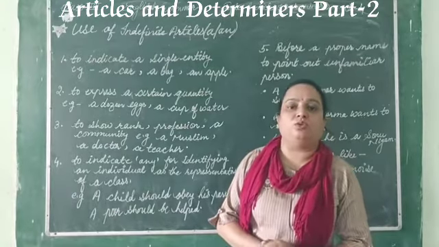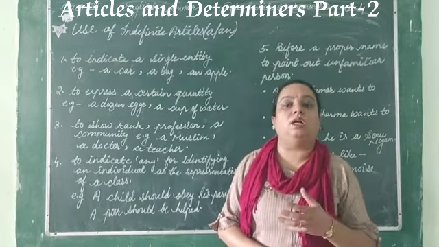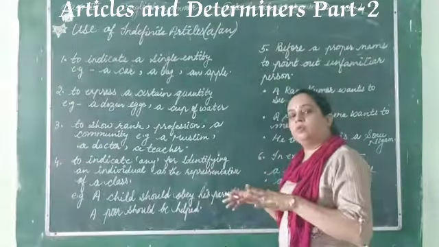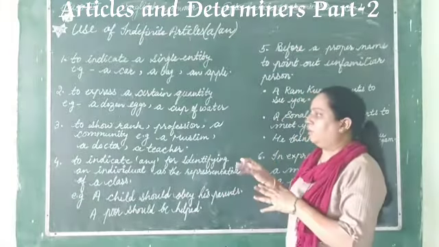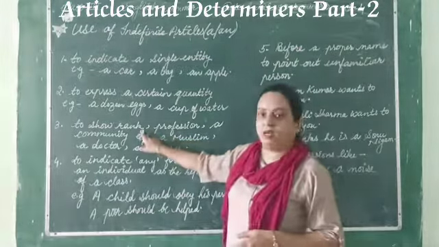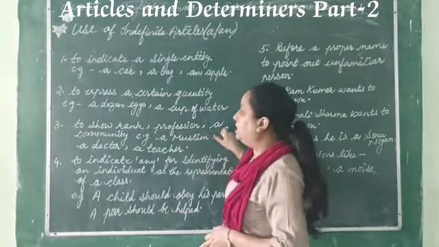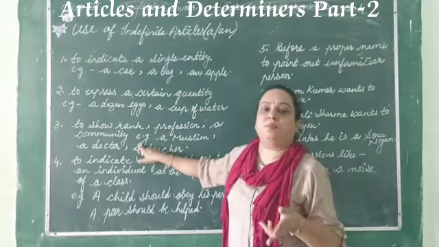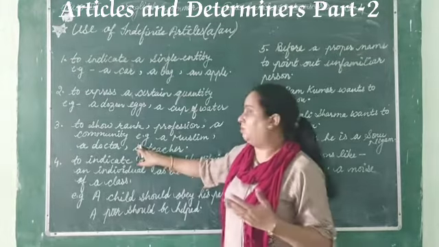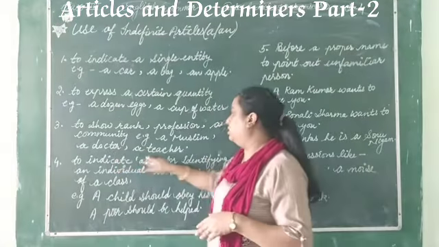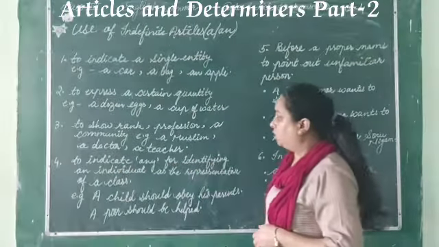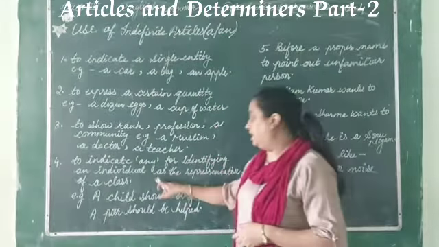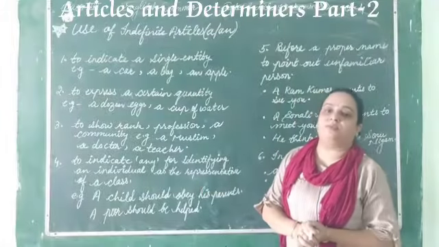So there what we have to do, we will not do the teacher, we will do a teacher, okay? Or according to the vowel sound we have to write down where I am talking here, to show the rank, to show the profession, and to show the community that may be Hindu, that may be Muslim, that may be Christian, right? Profession we are talking about doctor, teacher, like this, okay?